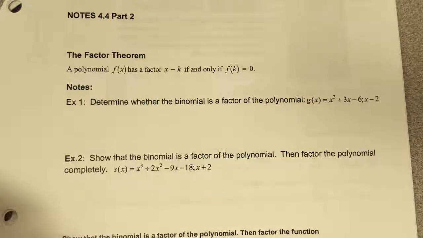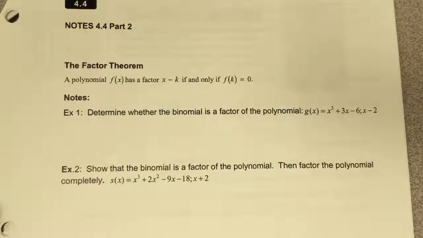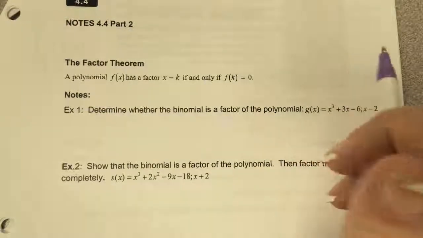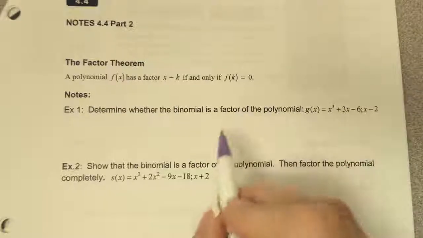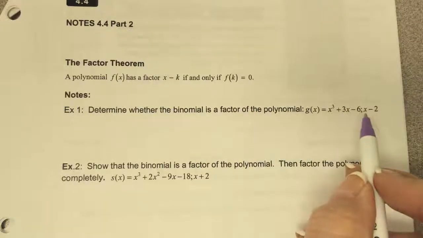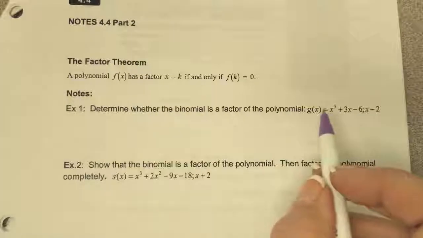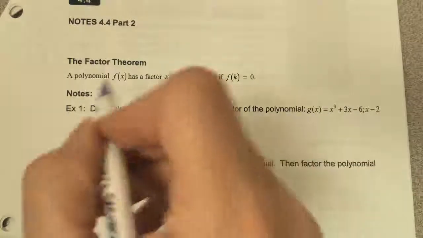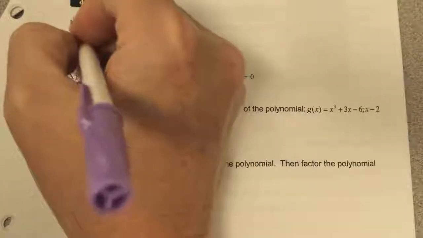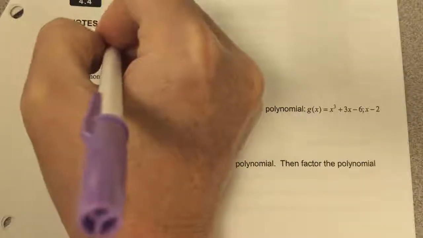Okay, so we are looking at section 4.4, part 2. This is going to have to do with how we can completely factor a polynomial if we have one factor given to us. Okay? So this is going to be a little bit different than what we have been doing. One thing I want to remind you is that when we do synthetic division,